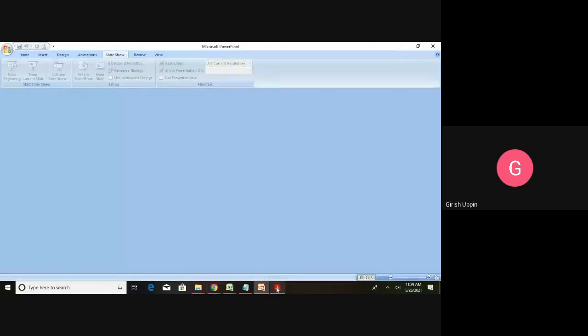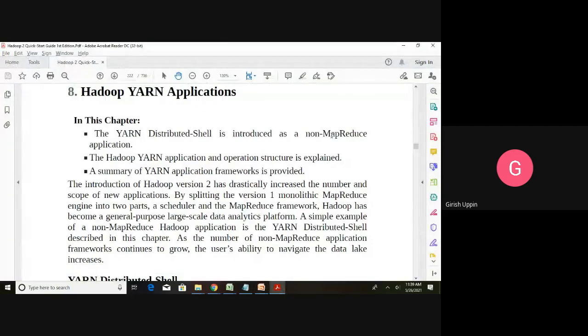In the previous class, we looked into the last two tools of the Hadoop ecosystem. That is Oozie Workflow Manager, that is Apache Oozie, and that is for creating the workflows. We saw with examples how we can create the required workflows using Oozie. And then we also looked into Apache HBase, which is a distributed database, and how we can create the tables, how we can do the operations, how we can do the bulk load.